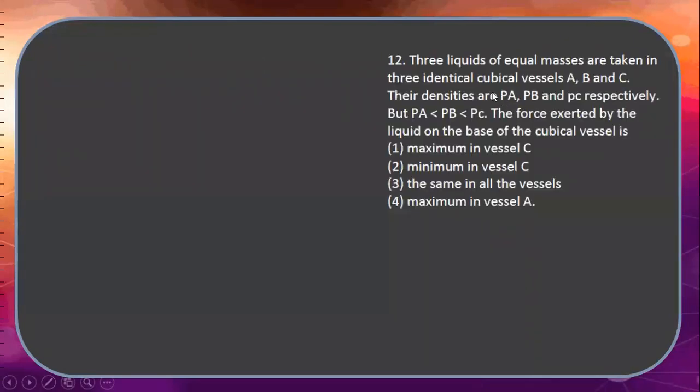Next, three liquids of masses are taken in three identical cubical vessels A, B, C. Their densities are PA, PB, and PC respectively. If pressure of A is less than that of B, less than that of C, the force exerted by the liquid on the base of the vessel, whatever it may be,